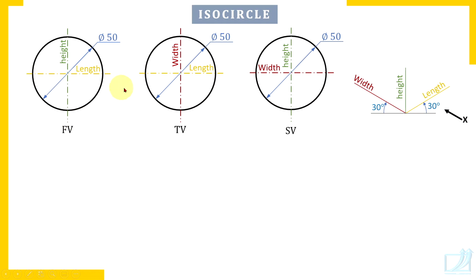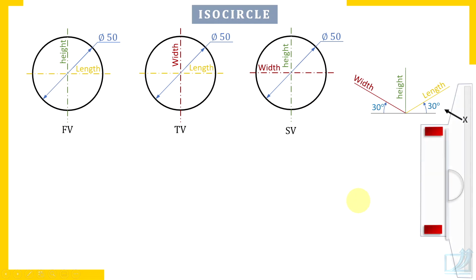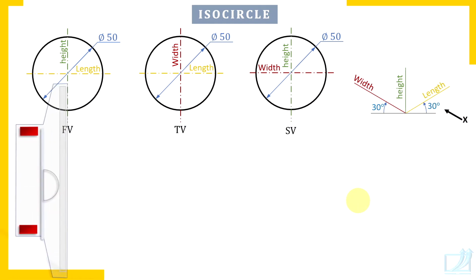You must not forget that the orientation of length and height axis you will have to check in isometric view. In isometric view, for this circle in front view, the length axis should be inclined at an angle of 30 degrees, that is, on the right side upwards. In this manner, you are going to draw the length axis. And the height axis in isometric view also remains vertical. Height axis in side view is vertical, in front view it is vertical, and in isometric view also vertical. So it's better to have the vertical axis as the reference axis. So set the roller with the vertical edge of the paper and draw the height axis.